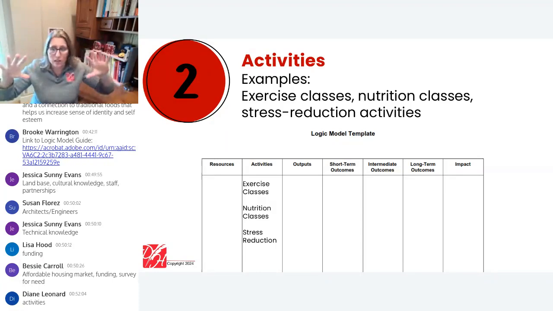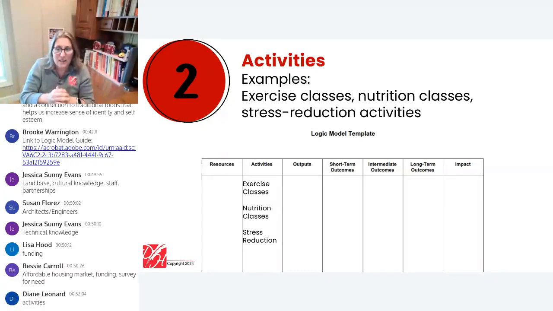Higher level, like I don't have the detail of the exercise classes. I don't know the frequency with which they're going to happen. I don't know if, like nutrition classes, are we going to split it so that one's gluten-free cooking and one's low sodium cooking? I haven't gotten there yet. I just know we're going to have nutrition classes. But maybe you're like, no, what I know is that I want to have a cooking class that's focused on gluten-free cooking and I want to have it once a week. You start where you're comfortable. Either is fine. Where you will end for your logic model is at that 10,000 foot view. We need to have them summarized. We need to have them in a consolidated list. But for now, you start either way.